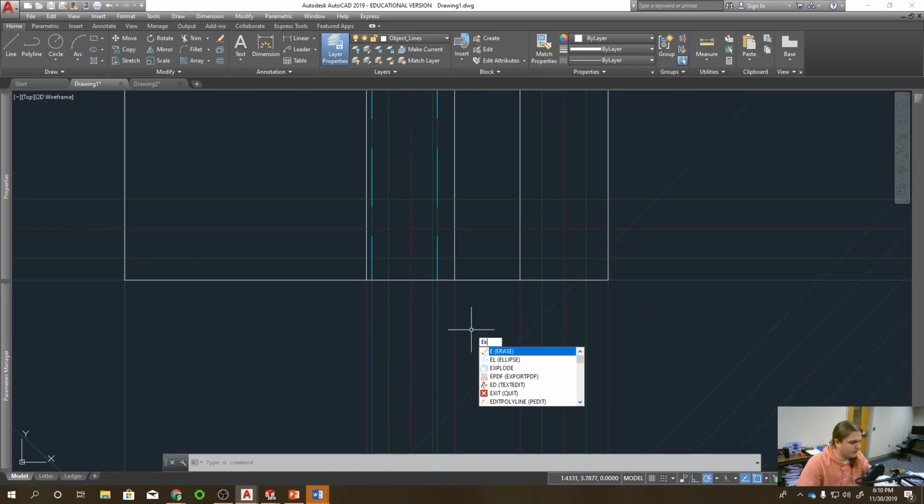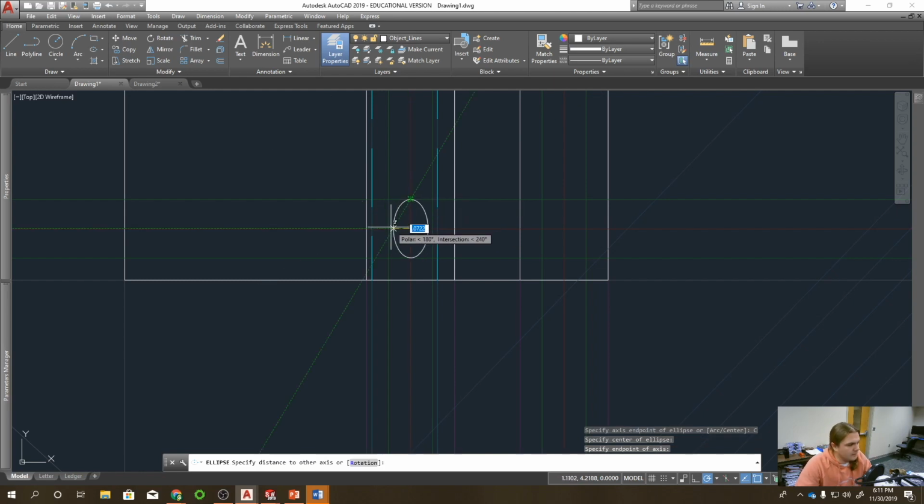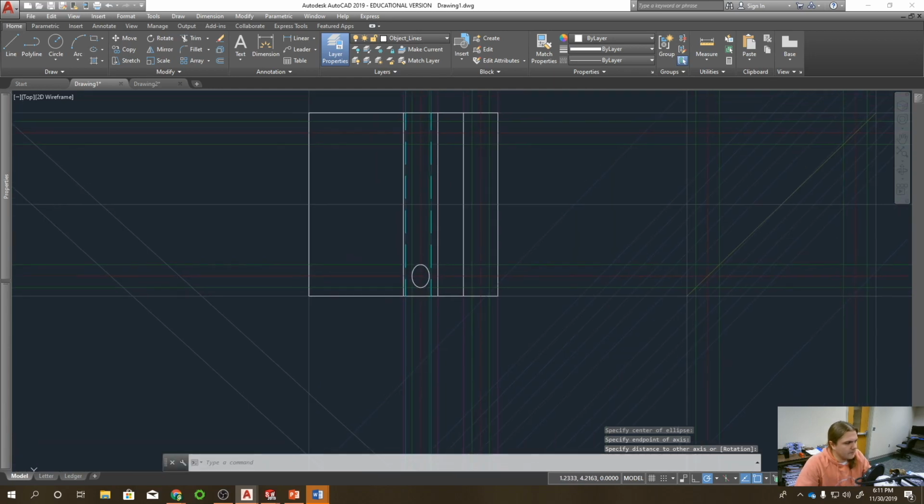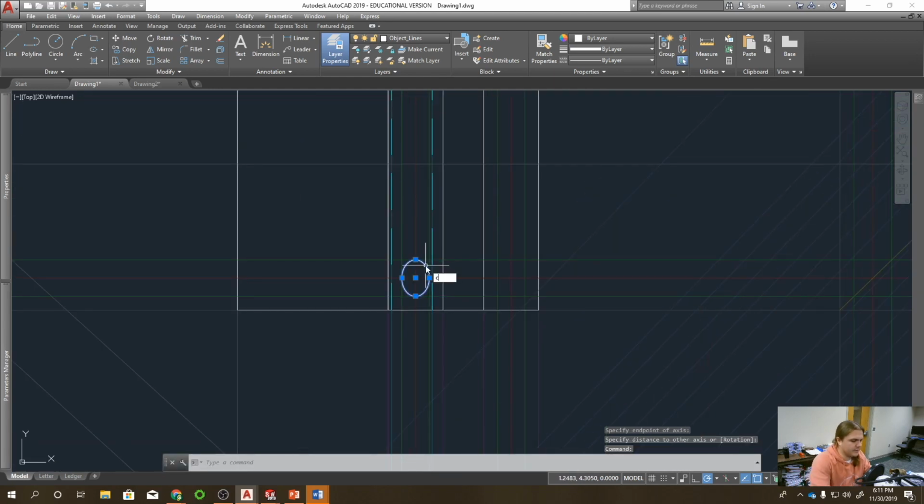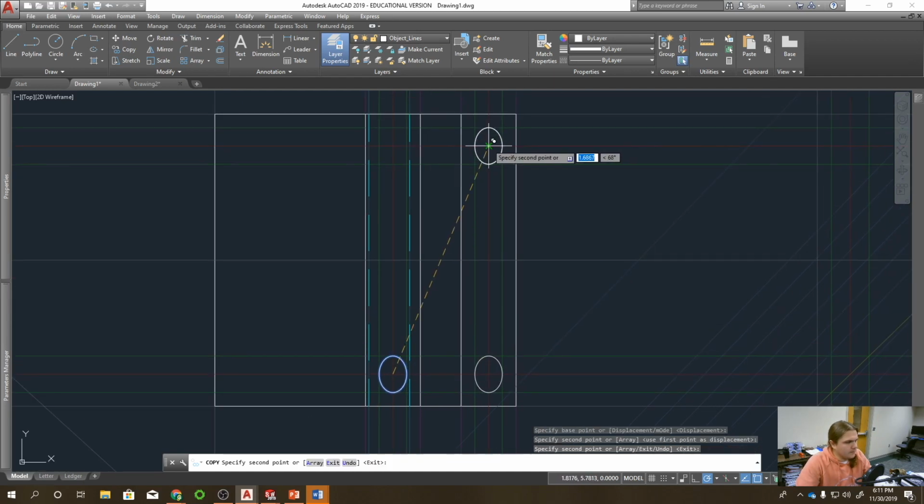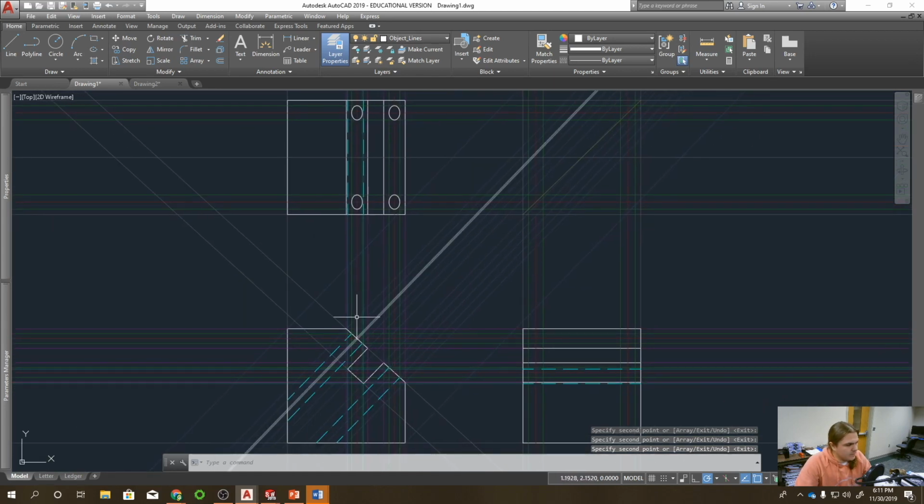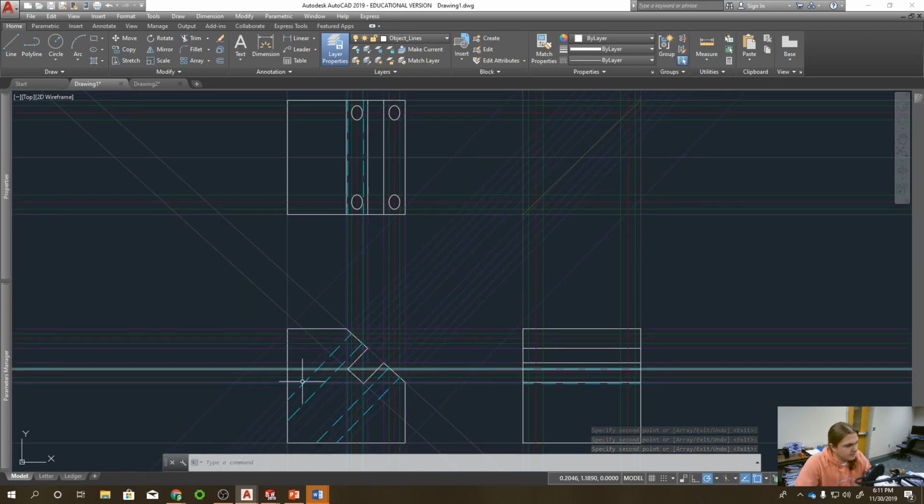I'm going to type EL for ellipse. Press enter, and then I want to use my center, so I'm going to right click center, click here, go up to the width, which is a radius of 1/8, and then come up to the top of the hole. And it's just that simple. And then I'm just going to quick copy these over. And there we go. The hole comes through the inclined plane and out the back side of this part,